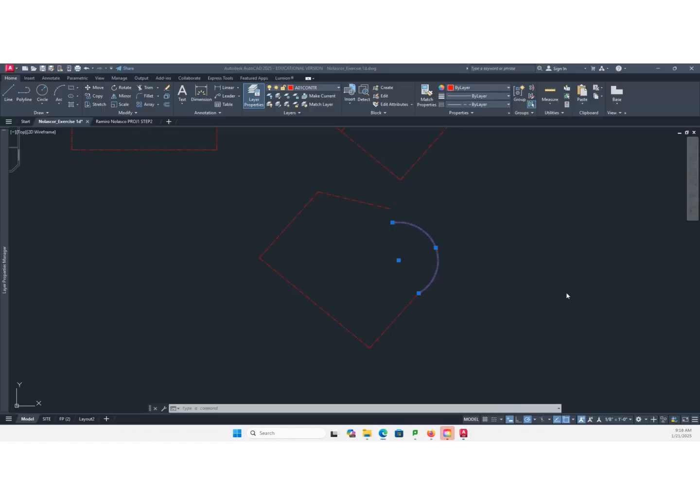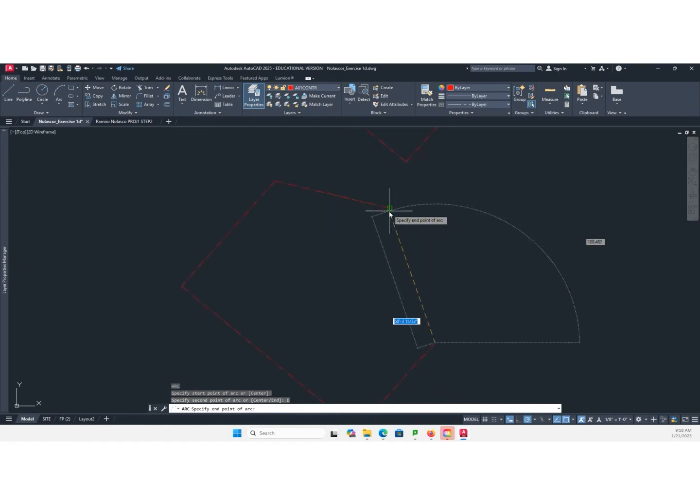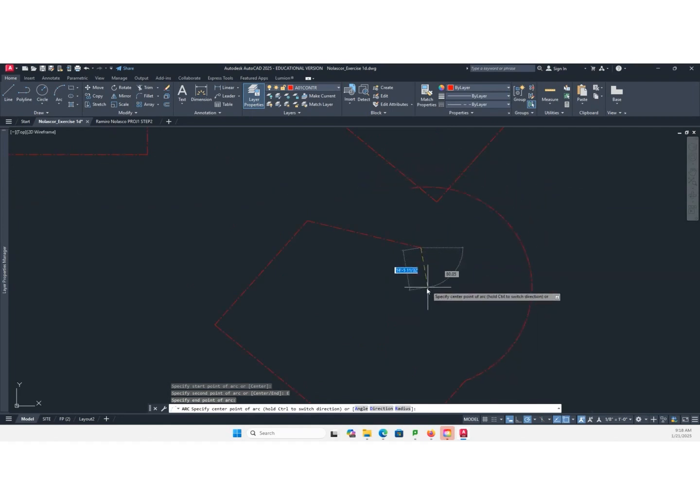Yeah, it is 30 feet. Start. No. Radius. Sorry.